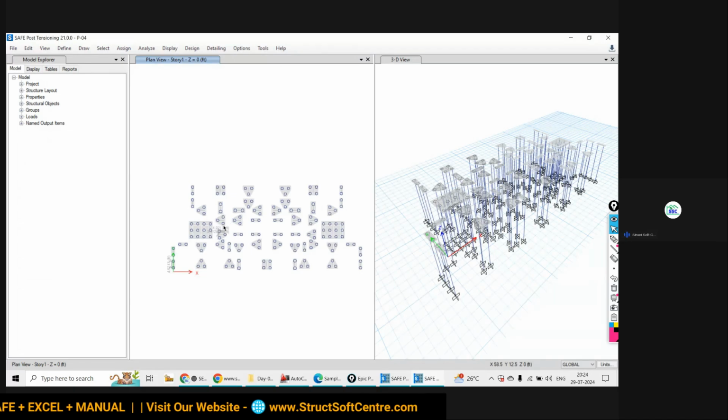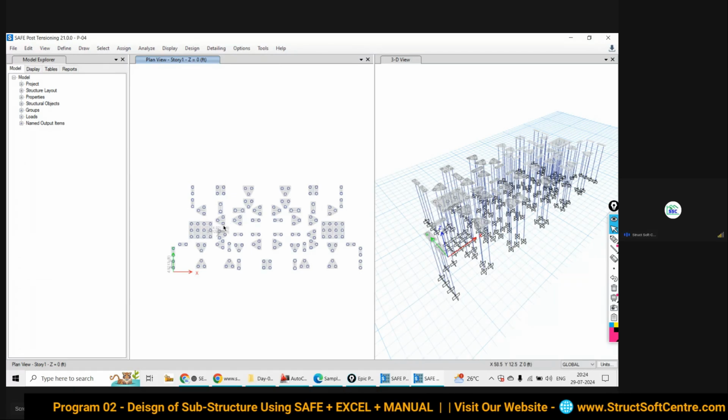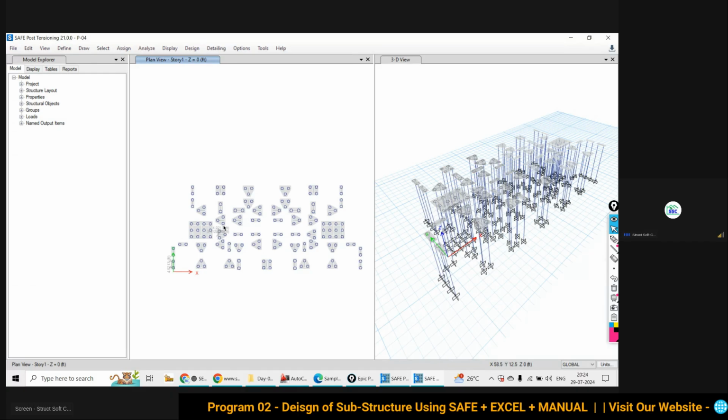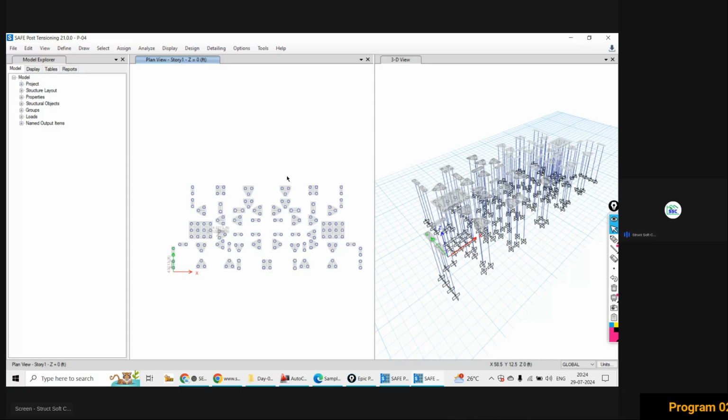For the pile cap, you have to define multiple sizes in respect of its depth. That again takes time. But you will say this is what you need to do, there is no other option.